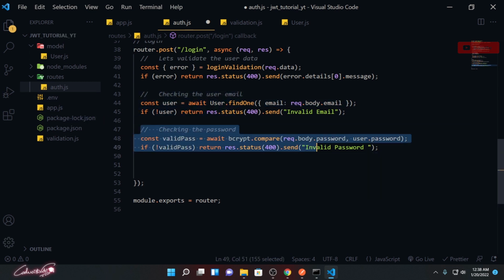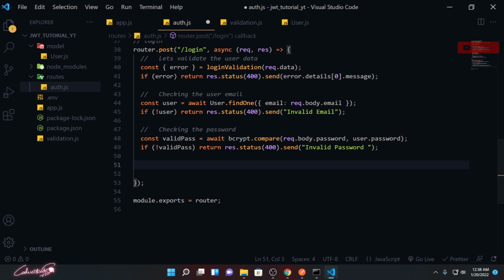I'm going to create a web token for the user who has successfully logged in, because email and password are working fine over here. Right after here we need to create that web token. Now we need to create a new JavaScript file to validate our JSON Web Token.